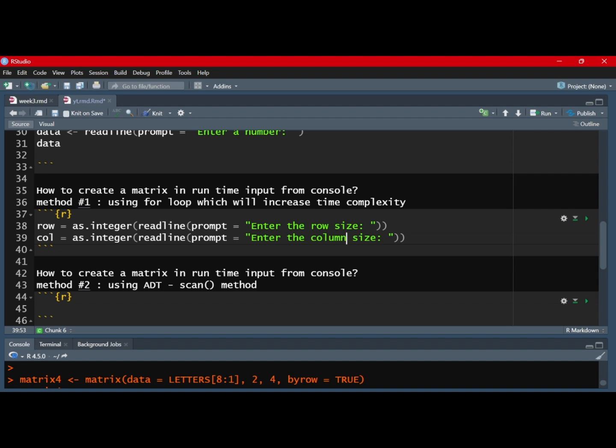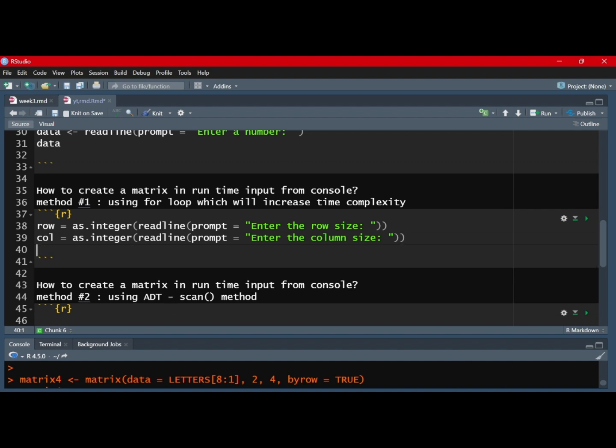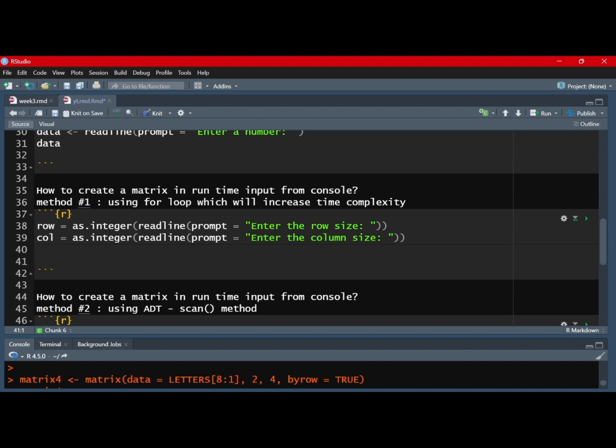Yes, this is good. So now we have row and column. But when I use this readline method, we can see that readline only takes one input at a time. It will not take multiple inputs at a time. So in this case we have to use a for loop. That's why we said that it will increase the complexity, because since we are using the for loop, it will